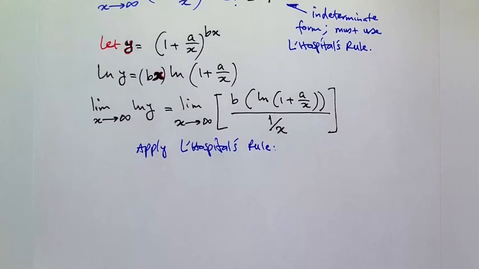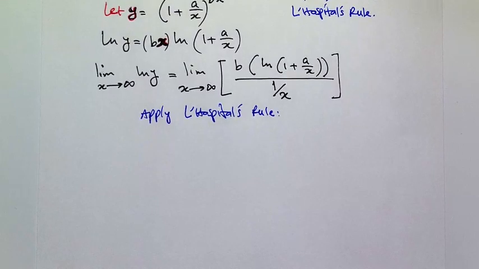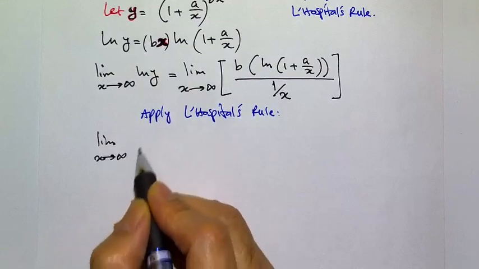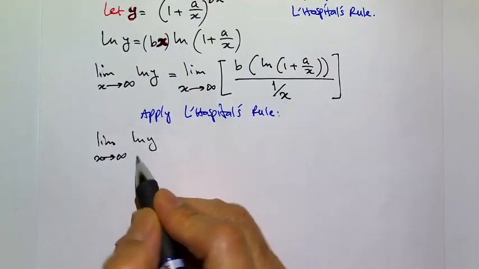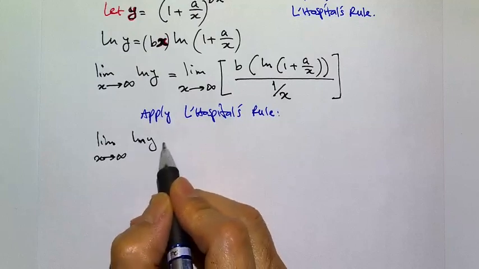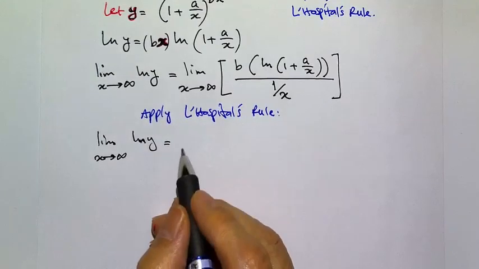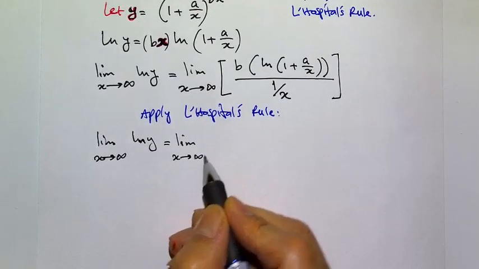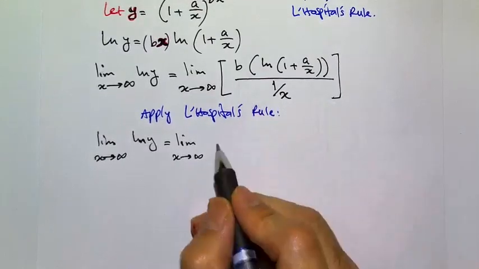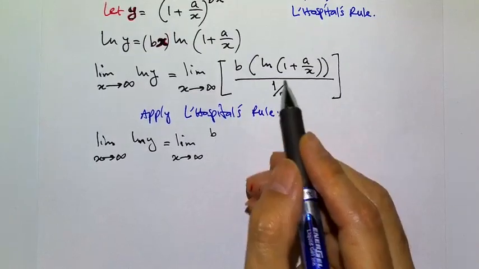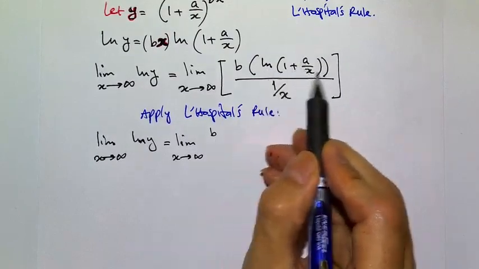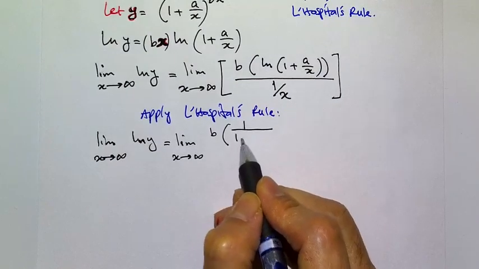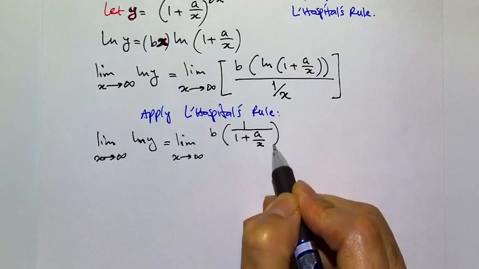So we take the limit of the left side, natural log of y, which is equal to, we need to take the derivative of the right side. So b is a constant, it stays where it was. The derivative of this would be 1 over all of that, so 1 over 1 plus a over x,